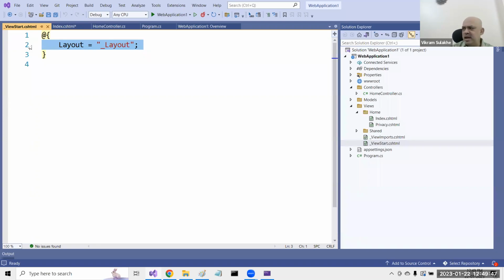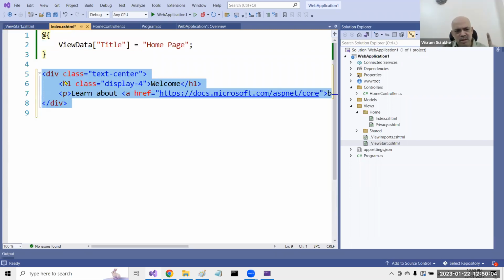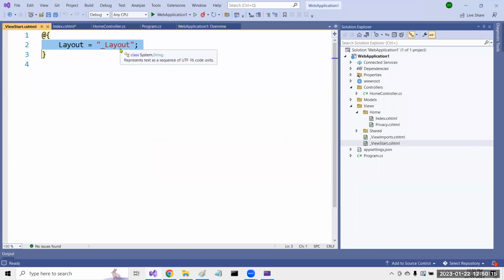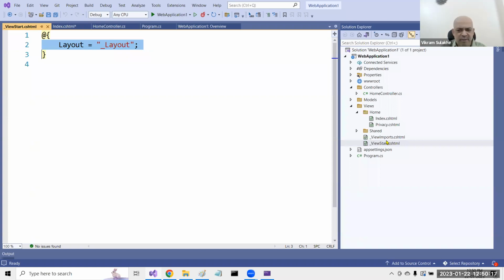So what is this concept of a layout? A layout is a file that will be used in combination with your view. So the view will use a layout and the output of the layout and the view will be merged together, like what we saw. We only saw what? This is the only content that we had there. But this content is using a layout. Which layout is it using? _Layout. Where is this instruction coming from? In a file called